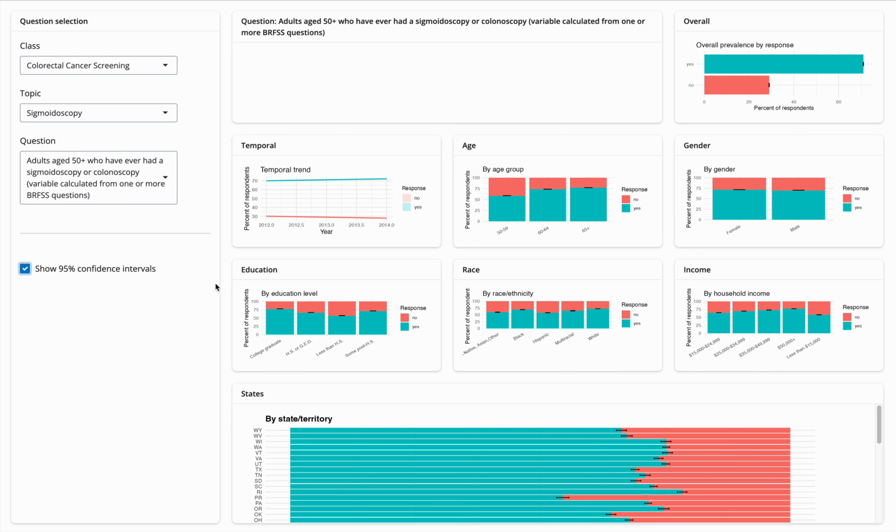What the 95% confidence interval means is that 95% of the time when we generate this interval, it will successfully capture the true value. And in this case, the true value is the percentage. So within this interval, as you can see, this black thing, 95% of the time will contain the true value, the true percent.